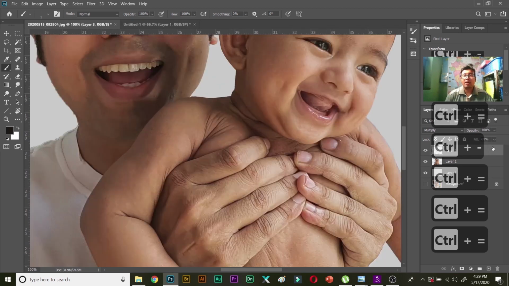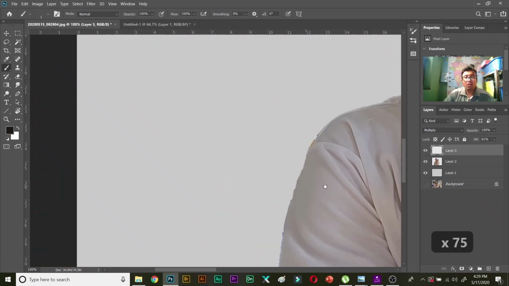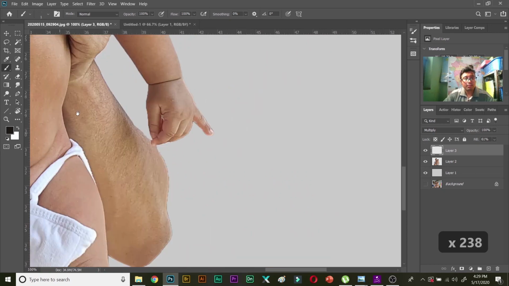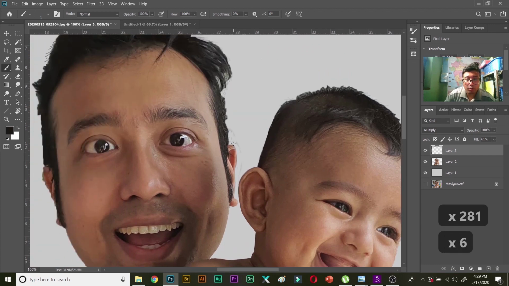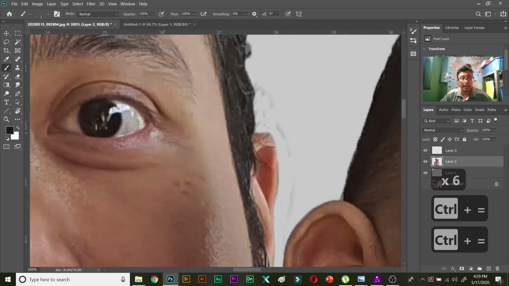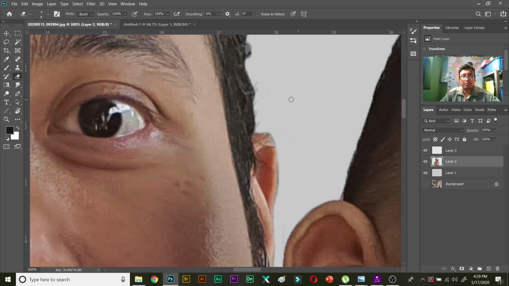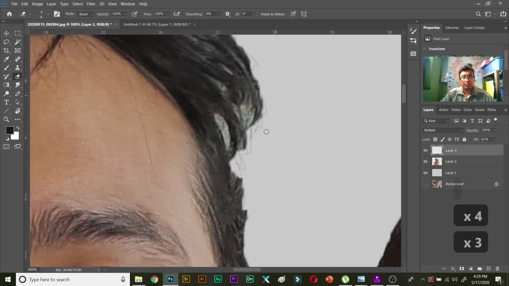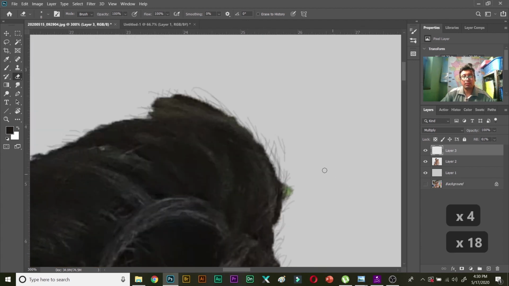So if you are happy, now you need to fine tune the things. Now what you need to do is zoom in 100% and look at the imperfections. So over here I can see some things have been left over. I will zoom more and I will select the underlying layer. I will click the eraser brush, and I will rub these. I painted some stray hairs. Some stray hairs can also be rubbed.